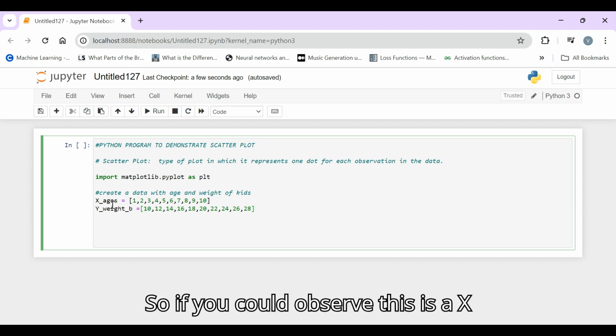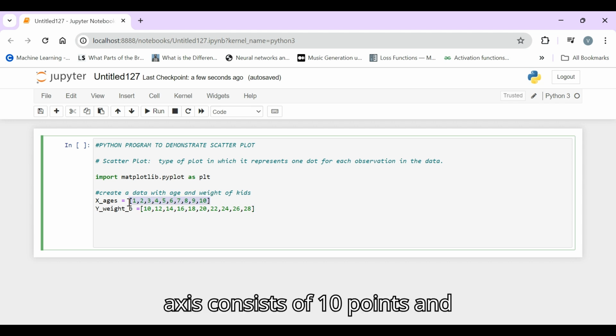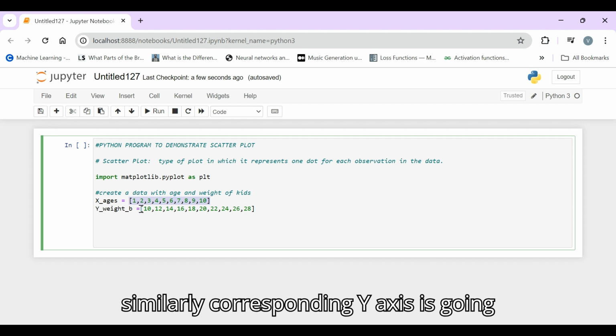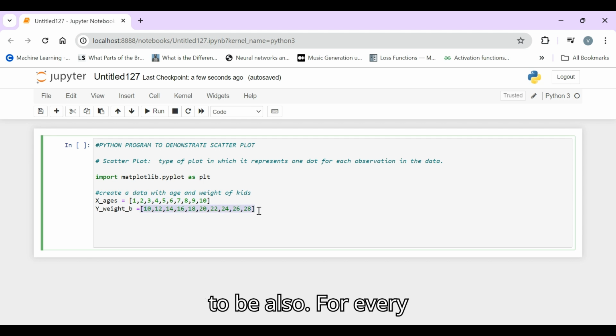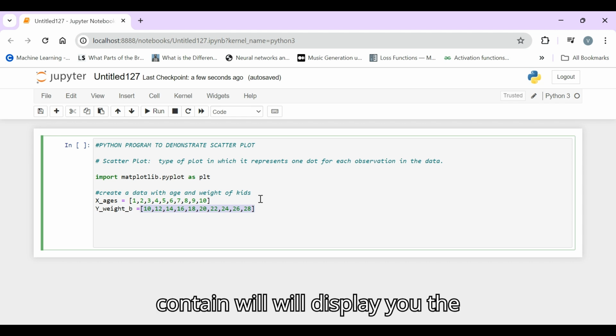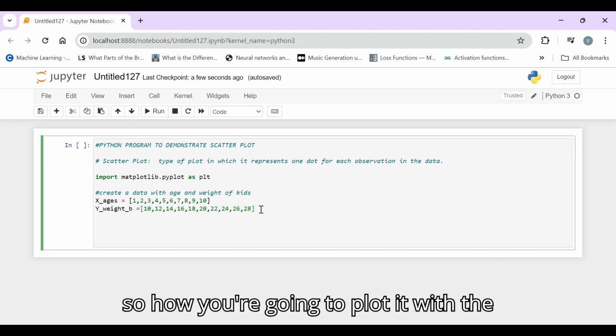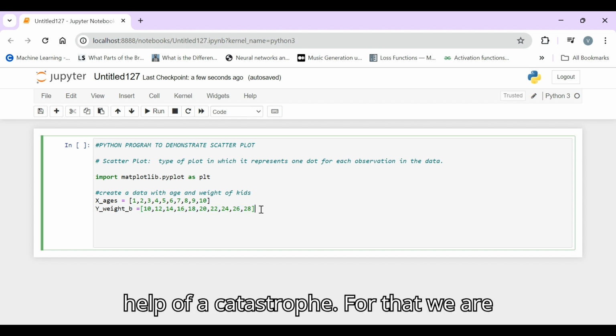If you observe, the x-axis consists of 10 points, and similarly the corresponding y-axis will display the exact ideal weight for the boys. So how are we going to plot it with a scatter plot?